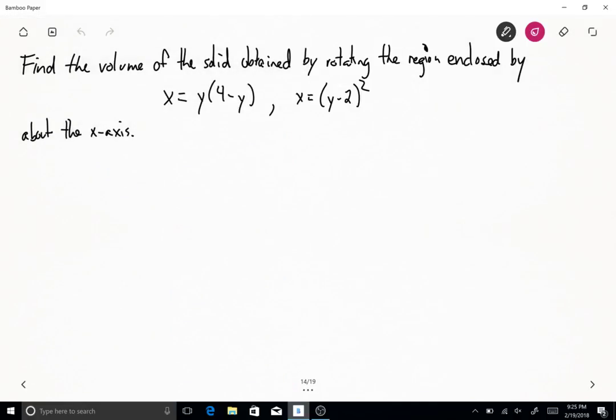So now let's keep it going. Find the volume of the solid obtained by rotating the region enclosed by x equals y times the quantity 4 minus y, and x equals y minus 2 squared, about the x-axis. Holy mackerel, what the heck does this thing look like? So, keeping that in mind,